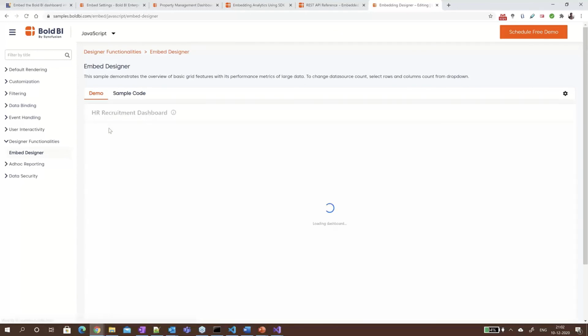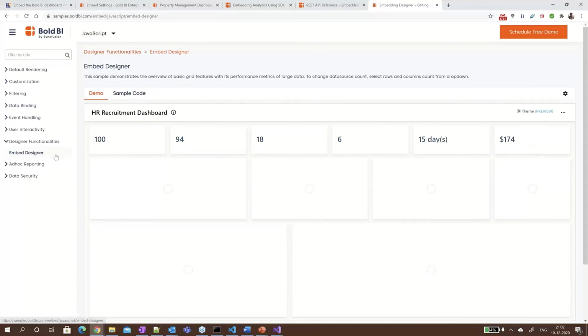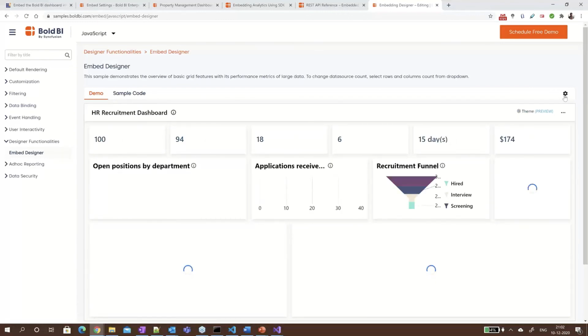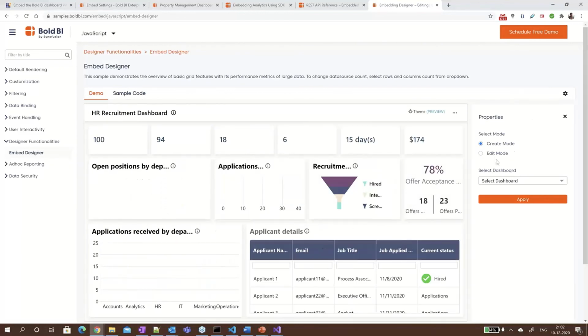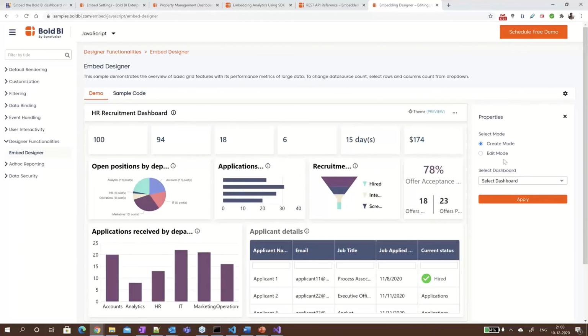As I have shown earlier regarding embedding the designer option, you can handle two modes of designer embedding: the create mode and edit mode. Since I have already shown this, I'm going to skip this.